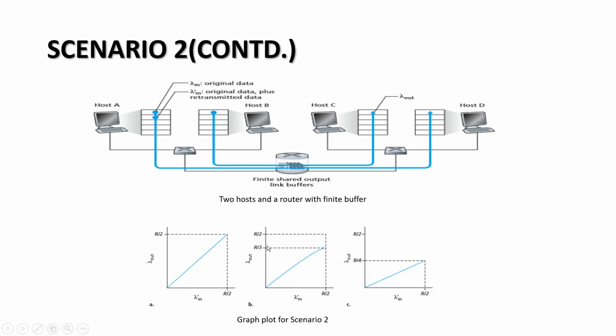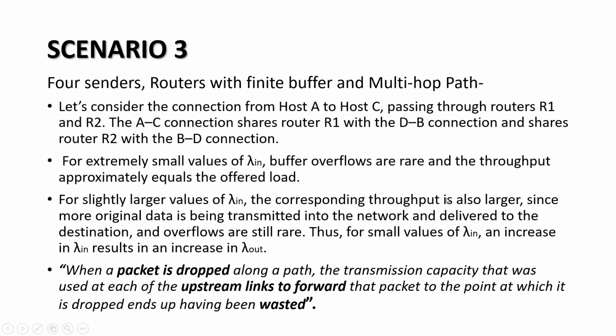Now if by chance the kid has two assignments, and a duplicate is formed at the school end, then in this case the output will be further reduced from R by 2 to R by 4, because the petrol will be unnecessarily wasted. This is why we need to use scenario 3, which we will discuss in the next video,